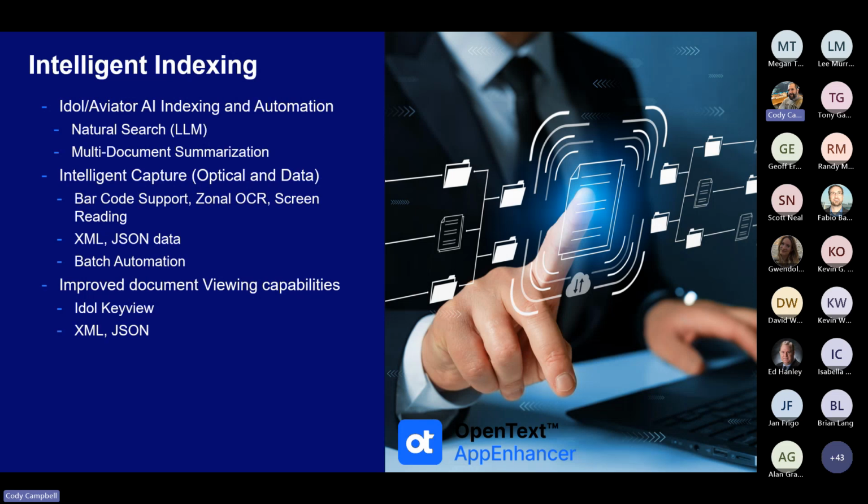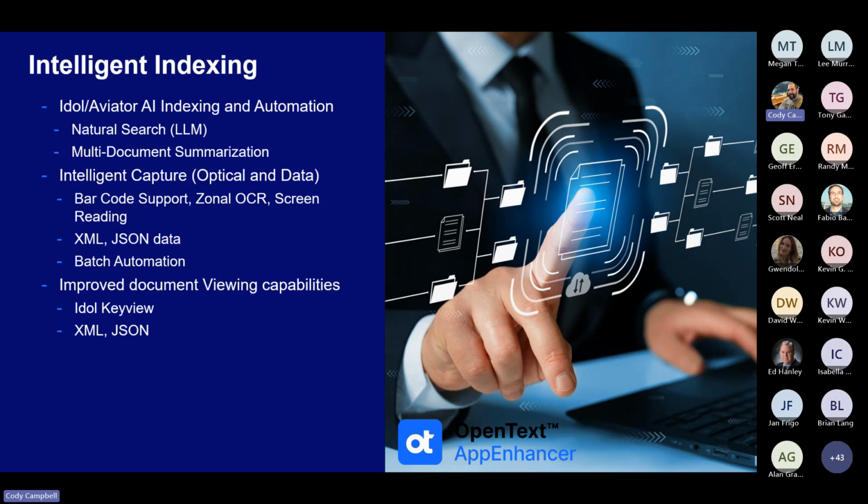So we've had requests come into our exchange. We've had requests come into our standard RFP process saying, hey, we want to do more than just have a batch indexing drop where a user has to get involved. We'd like to have some rules to say, hey, what can we do to take this content a little further? Can we have files that are named a certain way so we can extract content from the file names? Can we have zonal OCR so we can look at certain areas on the page, kind of like what we used to do with Ermix? And maybe some of those basic Ermix use cases where they're only looking for two fields, you probably do that with a zonal OCR workflow instead of having a whole OTS or Ermix workflow just for that.